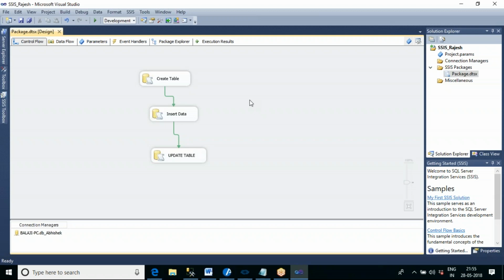That is what we will do in this control flow section. We will define the flow of execution of our package tasks. Now if I execute this one more time, what will happen? The first task won't execute successfully. Why? Because the table is already created. If I execute this package one more time,